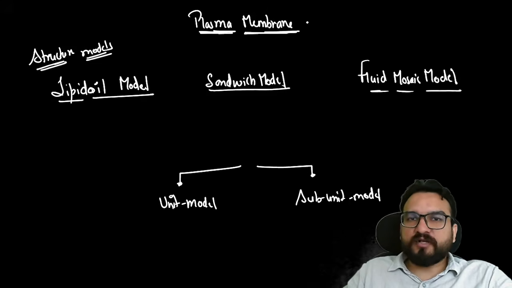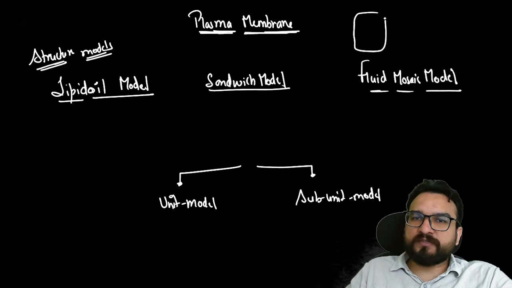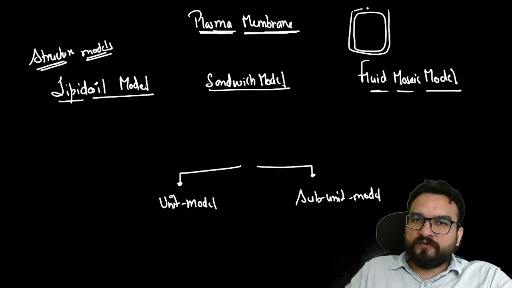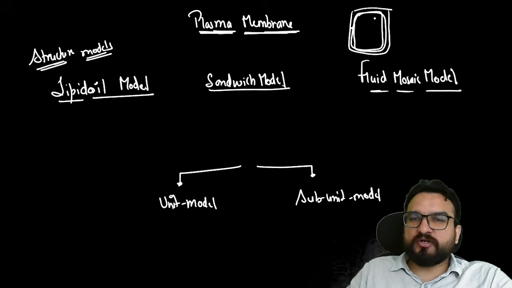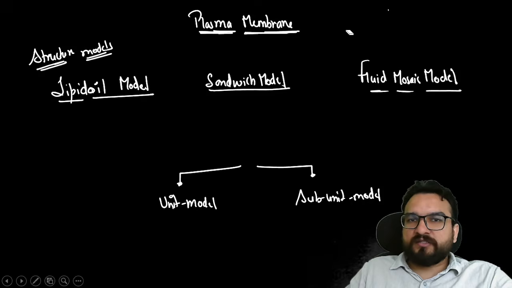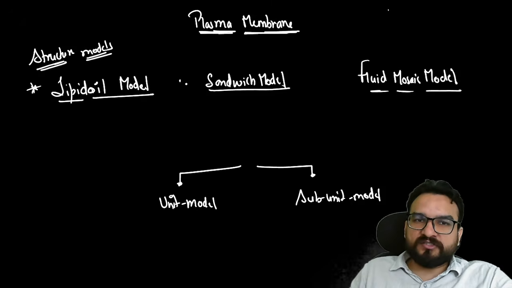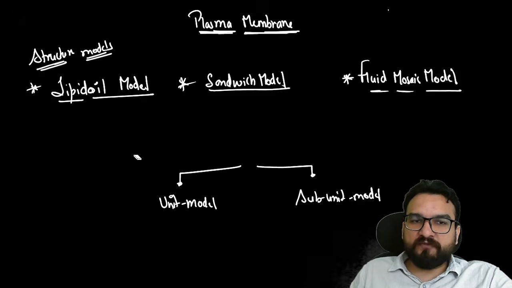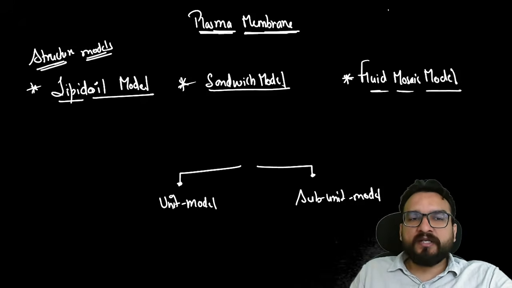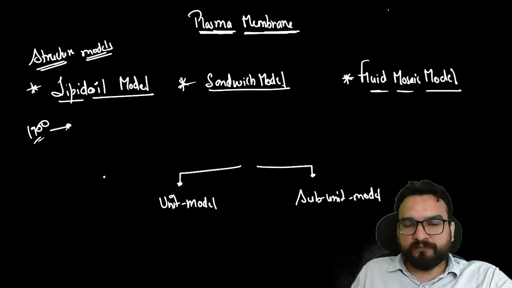Okay, so for us, this plasma membrane is not simply this particular part inside a cell wall. After the secondary cell wall, you will be seeing the plasma membrane, and the plasma membrane is not that simple, one layer. So that's why you will be finding these models over time, in the evolution of understanding the plasma membrane from 1800 to 1900. From 1900 onwards only, you will be seeing these people.